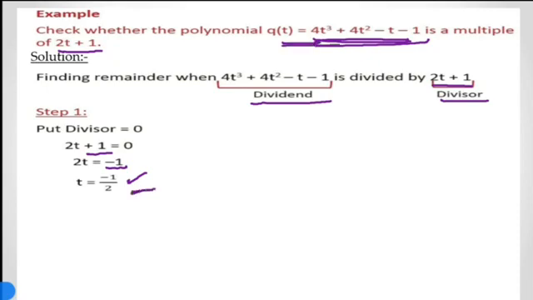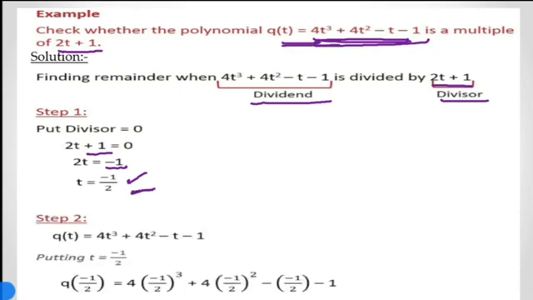So in the second step, q of t equals 4t cube plus 4t square minus t minus 1. Just putting the value of t in this equation, we get q of minus 1 by 2 equals 4 into minus 1 by 2 whole cube plus 4 into minus 1 by 2 whole square minus of minus 1 by 2 minus 1. So if we solve this equation, we get,